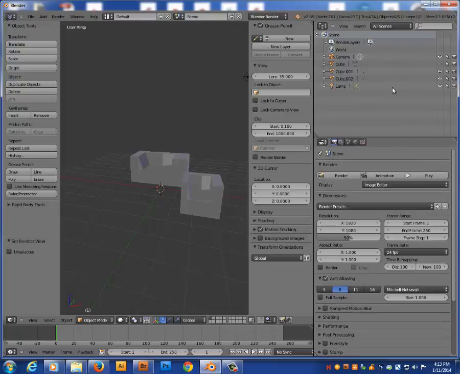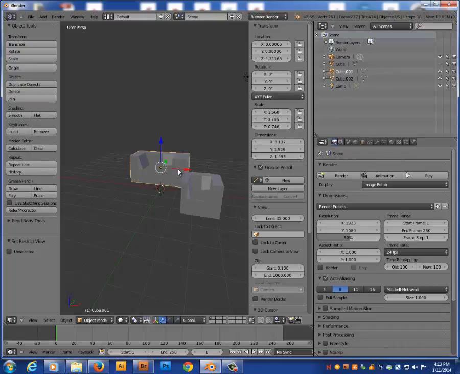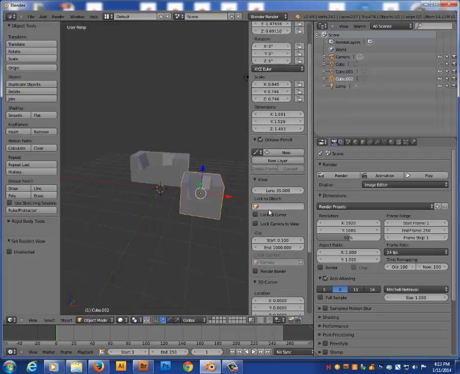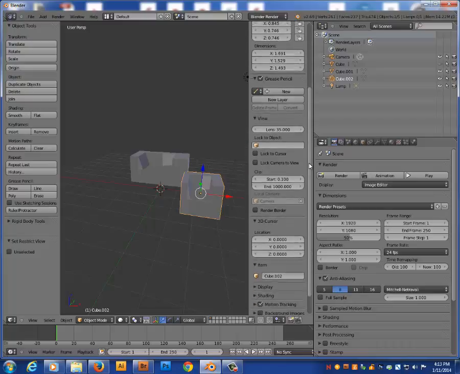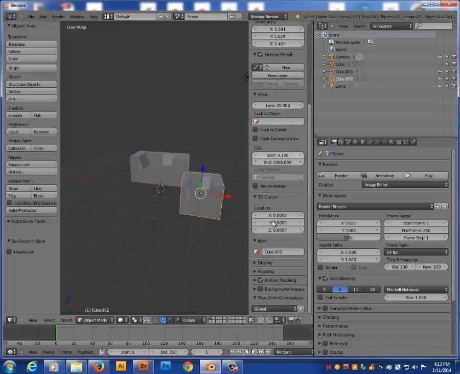But if you notice, this is a bit of an outline on all your stuff in here, and you're going to need to know this because you're going to get a lot of different things. These are all your objects. You can change the names of your objects. So if I'm here, this says cube 1, and this is going to say cube 2. But after a while, you're going to be like, which cube is that? What's going on here? You can go over here, and this is the number menu, remember N. You can go down here, and you can actually give the cube a name. So it's item. You click on it here, and you say this is